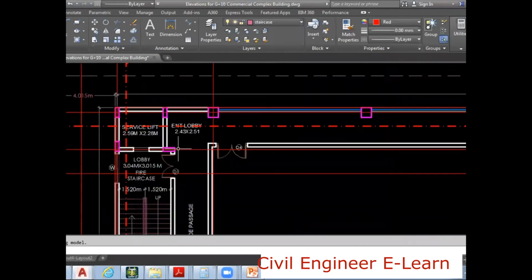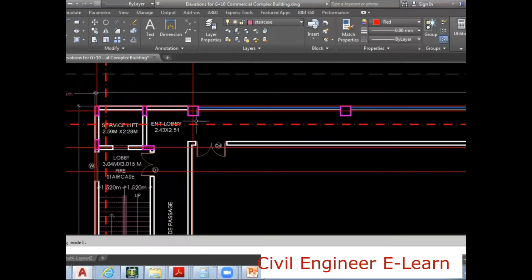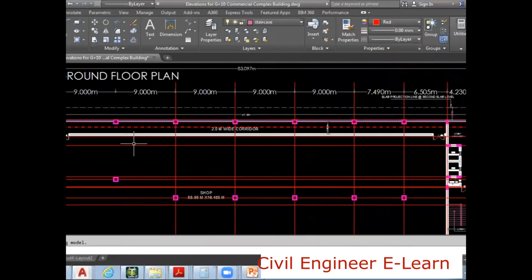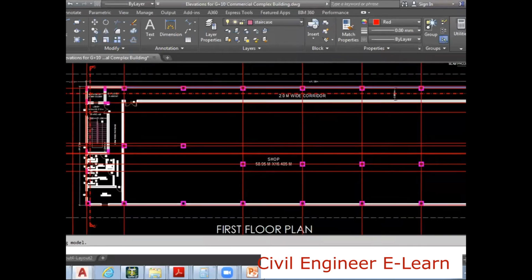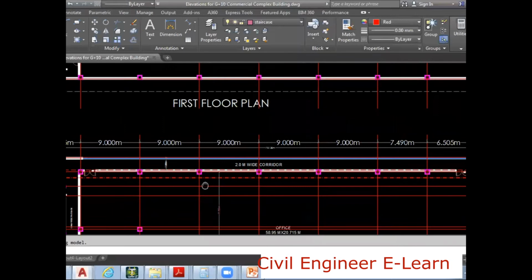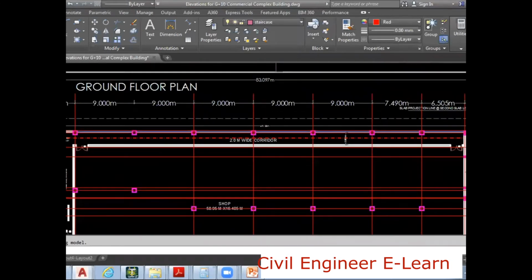So indirectly I can say this is the continuation point here. 1, 2, 3. This column from the main column here. From this beam to this beam, I have a corridor. Means I need to keep this column, this member, extra at the first floor level, only at the first floor level.